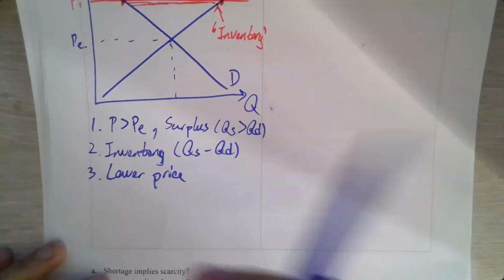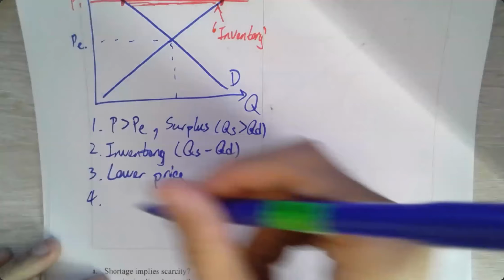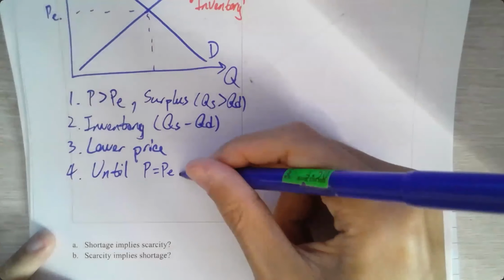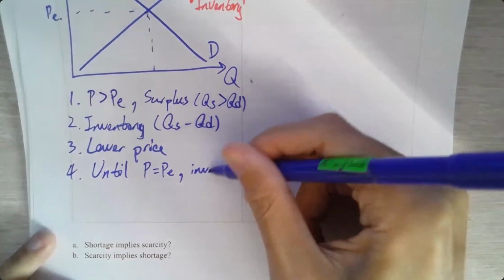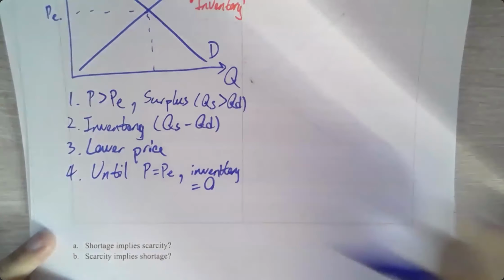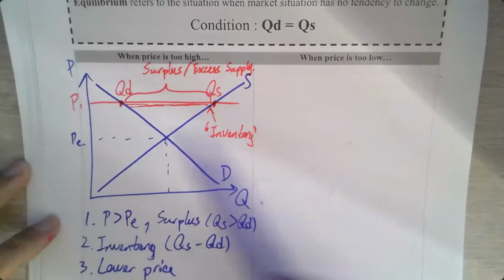OK, until when? Until price equals to equilibrium price again, such that the inventory 存貨會係幾多啊？會 become zero，賣晒貨出去咯，係咪啊？